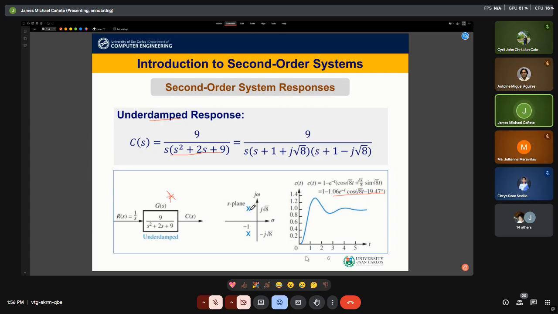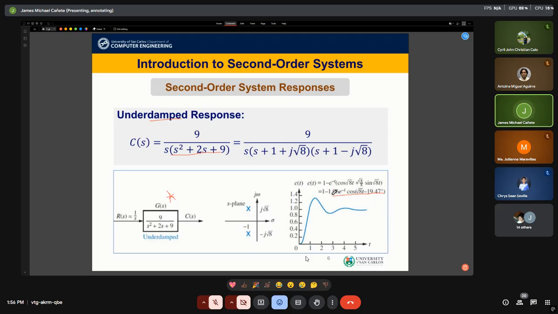So when we look at the S-plane, the pole plot looks like this. It is not found just on the horizontal axis; it now has an imaginary component, so it will be a pair. Since it is second order, there are two poles, and since it is a complex number, they are complex conjugates. Meaning, you will have the same real component, but the imaginary component will have both signs. So a plus square root of 8 and a negative square root of 8.